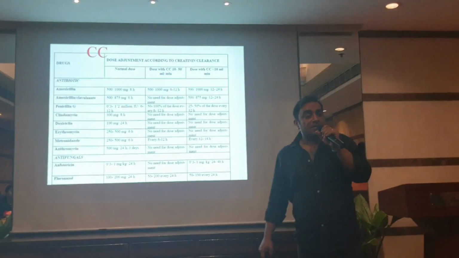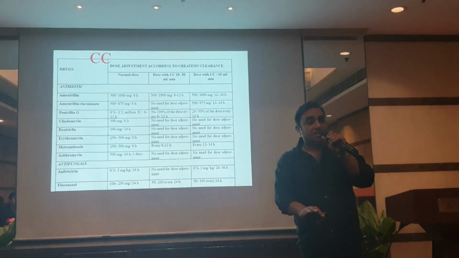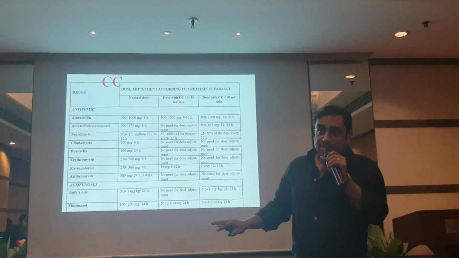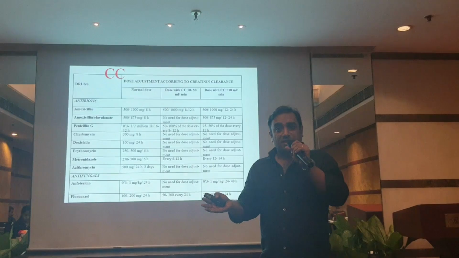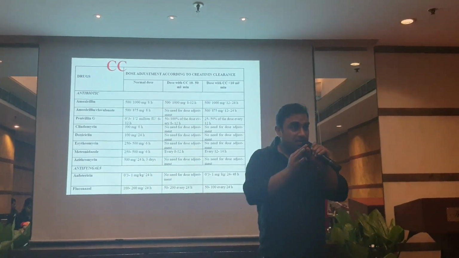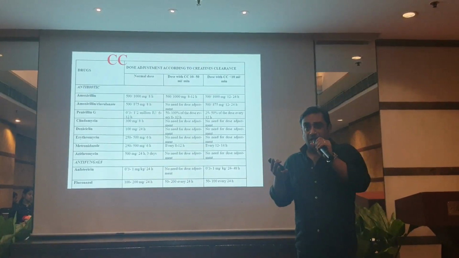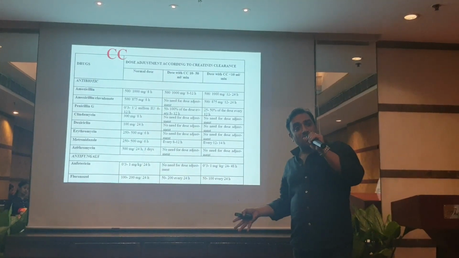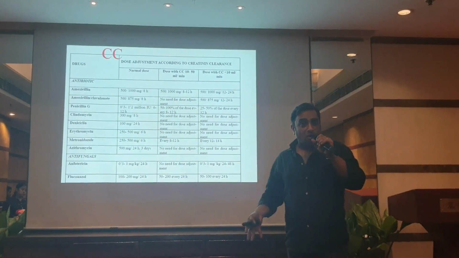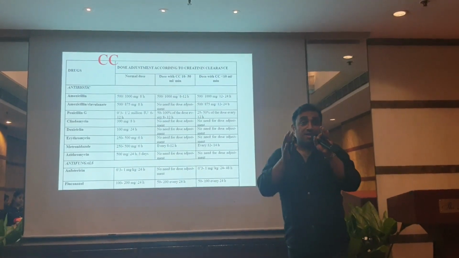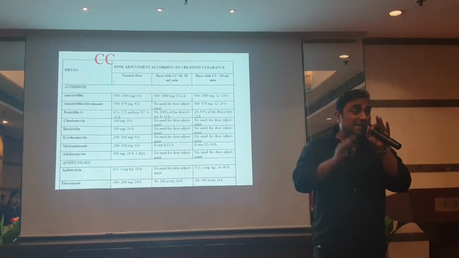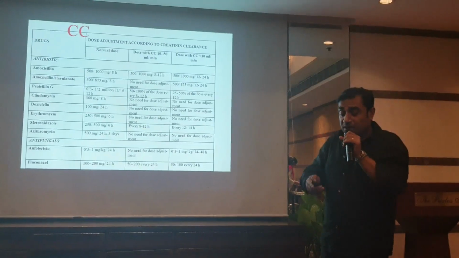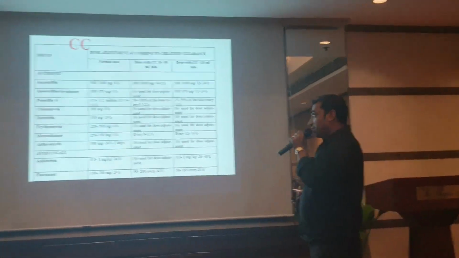CC is creatinine clearance. All I need to make clear in your minds is creatinine clearance and serum creatinine are not the same and they are not just reverse of each other. Okay, because the normal standard blood test that we recommend mostly for renal evaluation is serum creatinine. But whether this patient is poorly controlled renal failure situation, CRD or not, is defined and drug doses are defined by CC, that is creatinine clearance, not by the serum level of creatinine. However, fortunately there is a link, and unfortunately the link is very complicated.